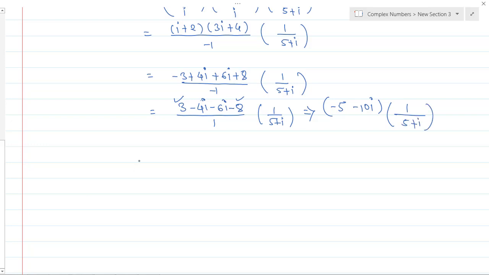Now what will you do? So the standard form becomes what? It's minus 5 minus 10i upon 5 plus i. Now you want to remove the denominator's complex number. So for that what you will do? I will multiply and divide by its conjugate, 5 minus i and 5 minus i. Now I hope you can solve this from here. Is it okay? Perfect. Okay, so take this as homework.